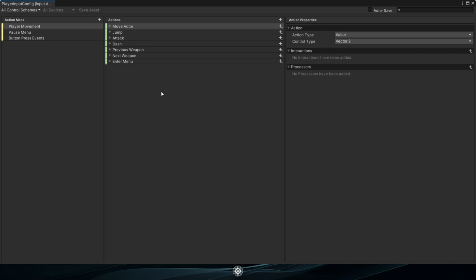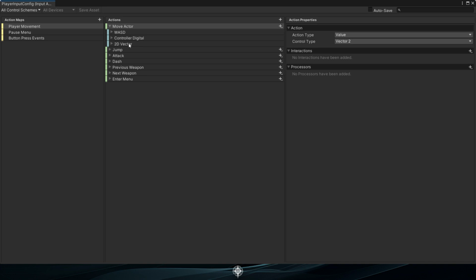Continuing with our exploration of the input system in the 2D Action Platformer kit, let's delve into the Player Movement Action Map, an essential component for creating fluid and intuitive player interactions. This action map is specifically designed to handle all player character movements and actions, making it fundamental to the gameplay experience. In the Player Movement Action Map, the basic movement of the actor is managed through the W, A, S, and D keys on the keyboard, and both the analog stick and directional pad on the gamepad provide a seamless